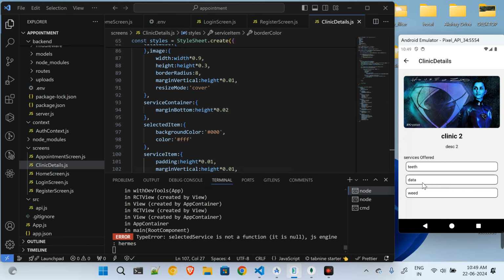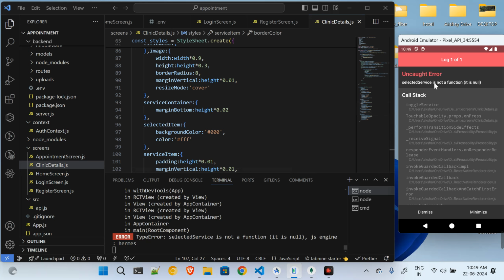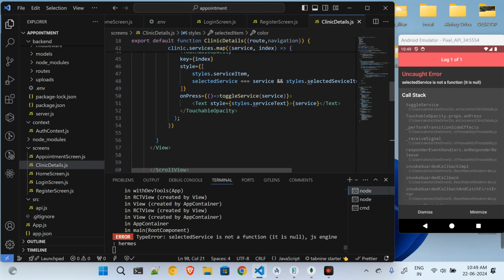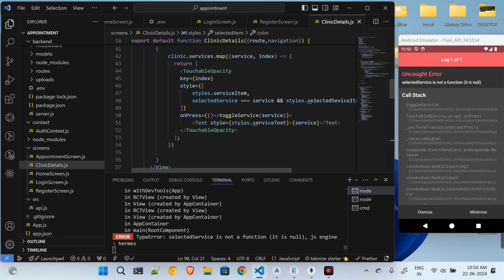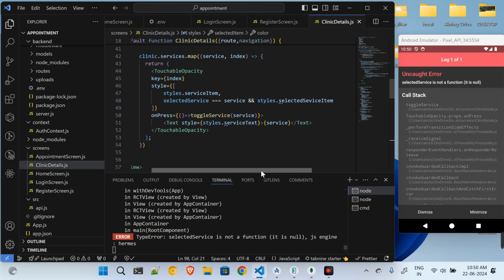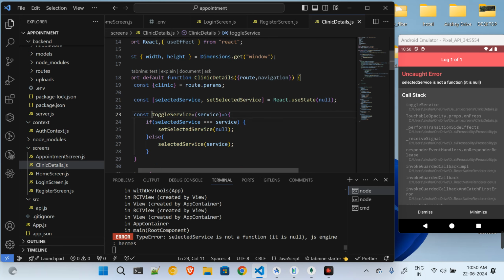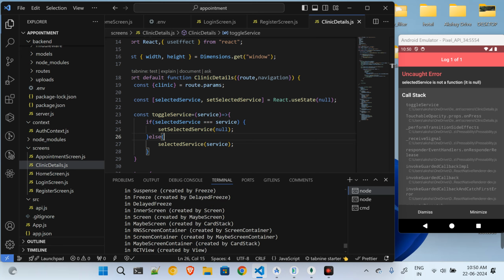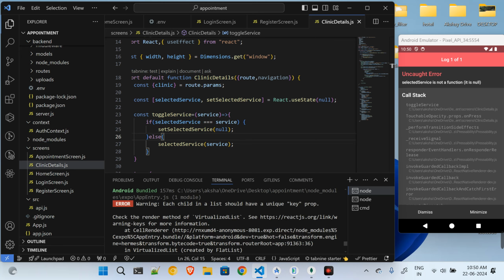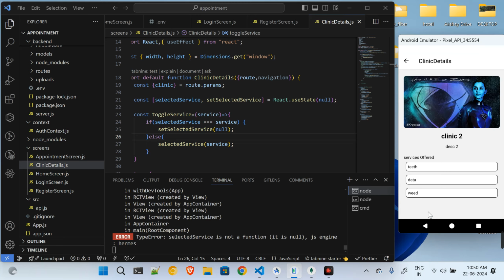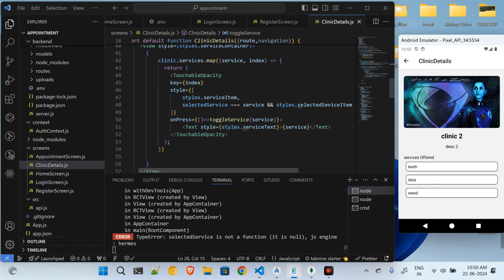Okay, as can be seen, add selected services is not a function. So when I click on it, add selected services, selected service is not a function. Selected service is not a function. Where is the error? When I click on the services,